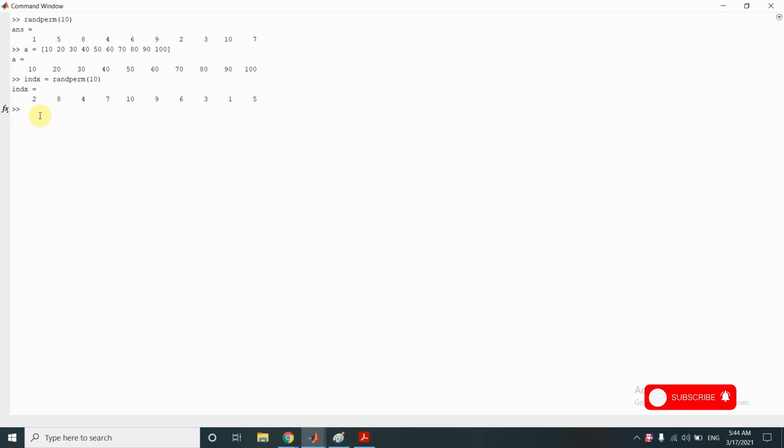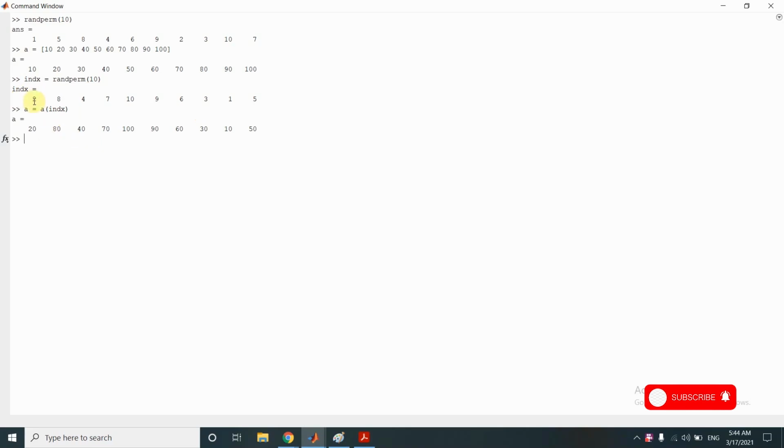Let's see what happens. A is equal to A, and we pass in this indx. What I am doing by this is I am saying arrange the individuals of A according to the index value given by this indx vector.